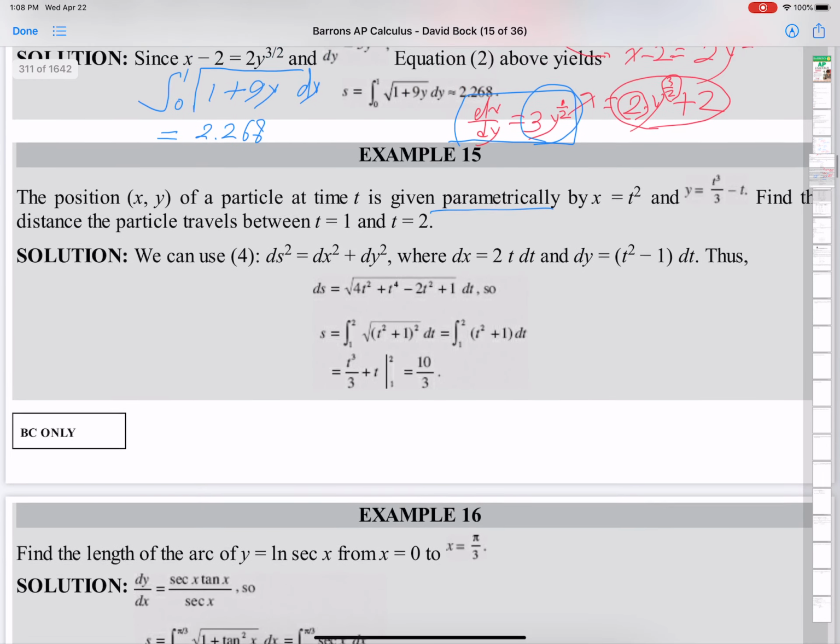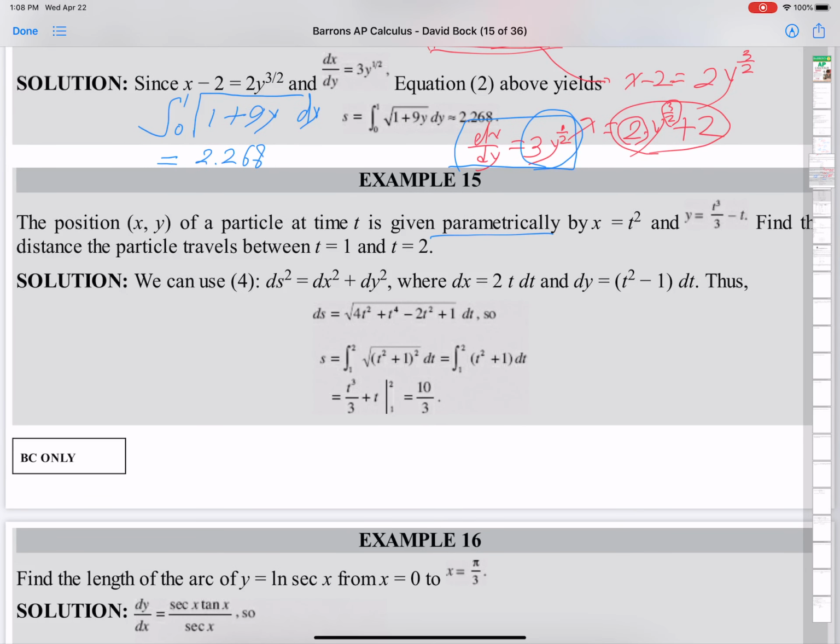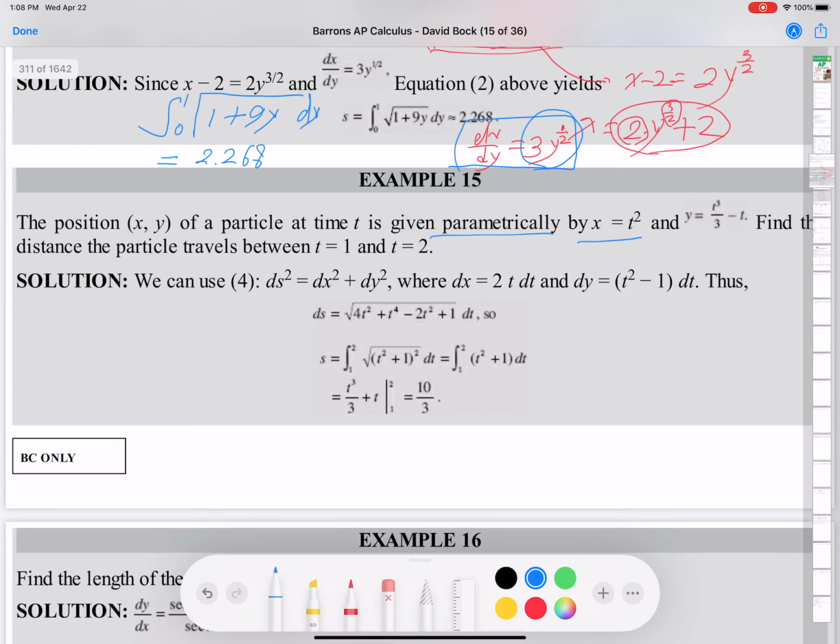Example 15. The position xy of a particle at time t is given parametrically by x equals t squared and then y equals t cubed over 3 minus t. So the third formula says what? Integral ta over tb, but t is given, t is 1 to 2. So integral 1 to 2 square root of